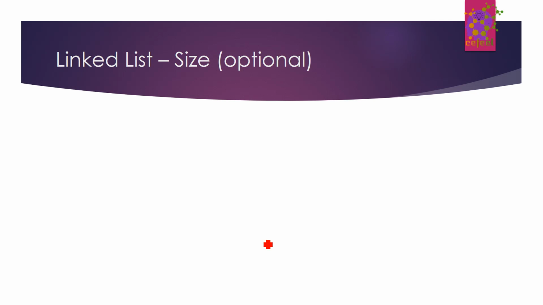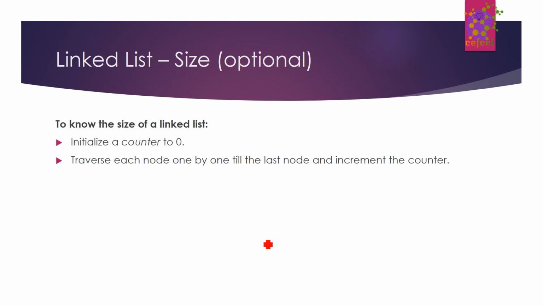Okay, cool. Now let's see the optional operation that we have, that is to find the size of a linked list. To know the size of a linked list, the idea is pretty similar to search. We just traverse from the first node, use a pointer and a variable, and keep incrementing till we reach the null pointer or the final node. So what we do is we initialize a counter to 0, traverse each node one by one till the last node, incrementing the counter,